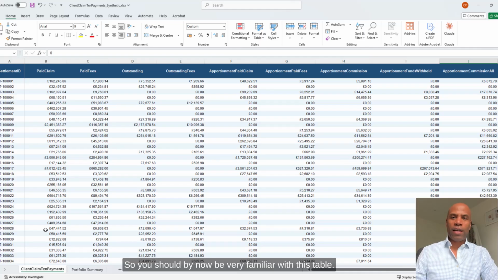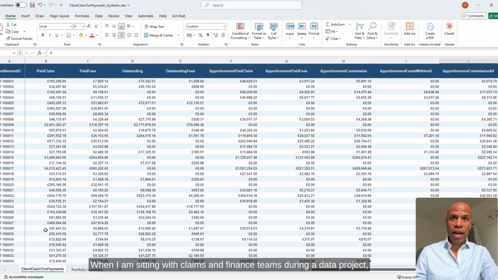So, you should by now be very familiar with this table. We spent time breaking down every single column, what it means, where they come from, and why it matters to a specialist insurance business. Now we are going to put it to work. But before we dive in, let me set the scene with a question that comes up time and time again